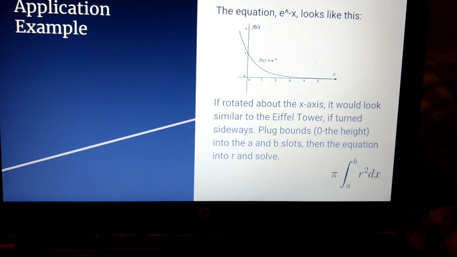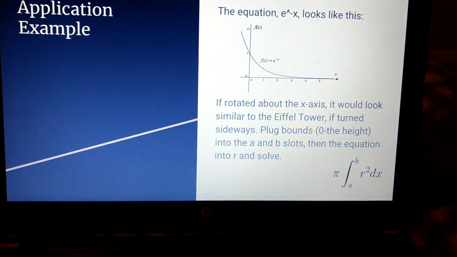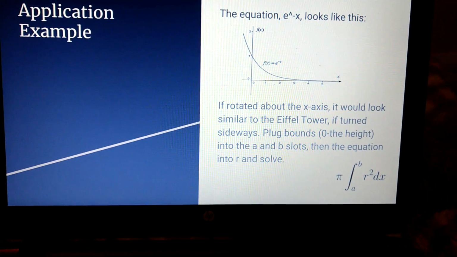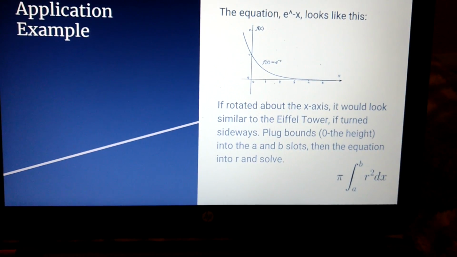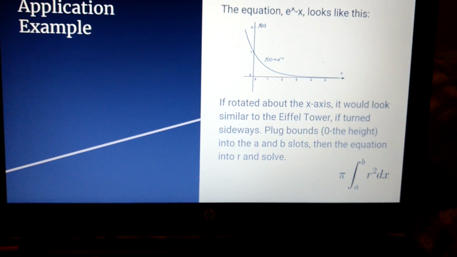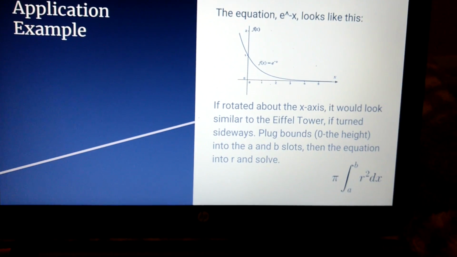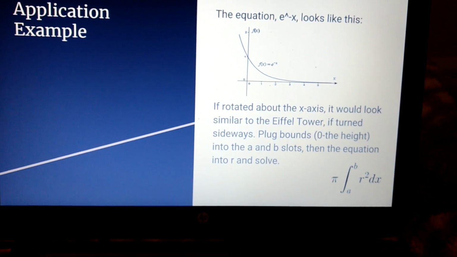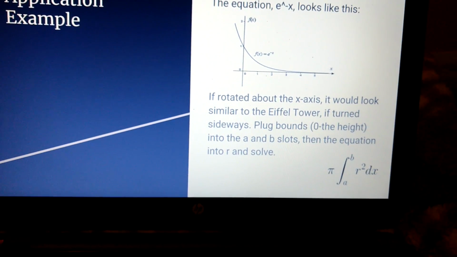So rotated around, you're going to find out your boundaries, which in this case you will not have any kind of negative bound because you're starting at the ground. And it's going to be the height of the Eiffel Tower. Bonus points if you know what that is. So your A to B would be 0 to the top of the tower,